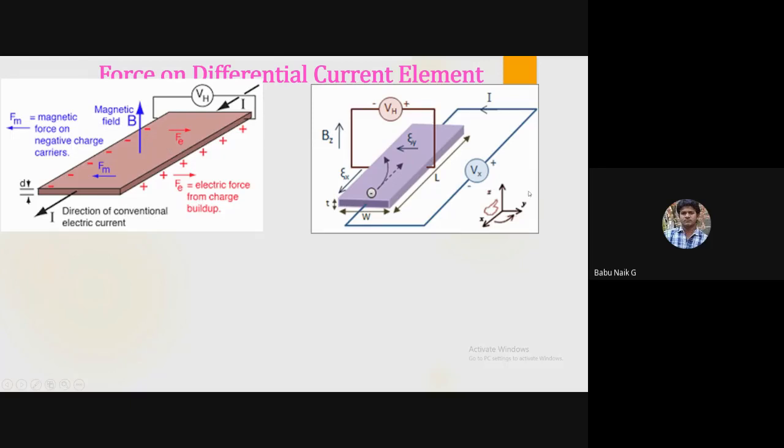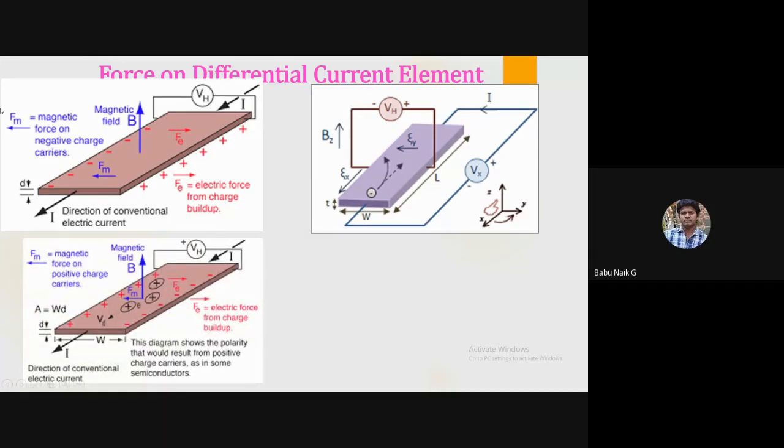Okay, so that is the main point when we apply the positive and negative plate. After applying the supply, negative ions will be on one side and positive ions on the other side. So electrons will be on one side and positive on the other. In between, a potential difference will be created. This effect is called the Hall voltage, or Hall effect. The direction of the current will be like this.